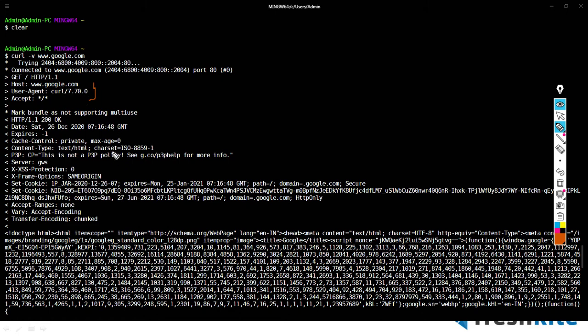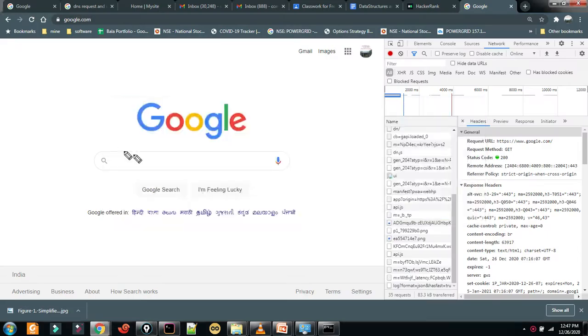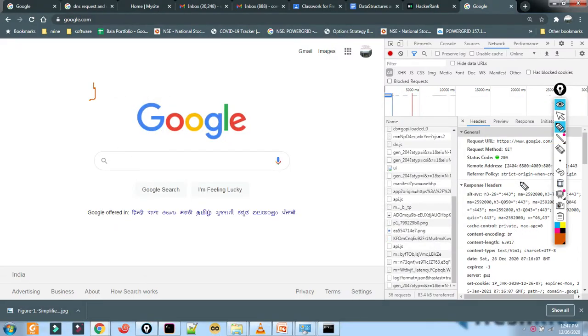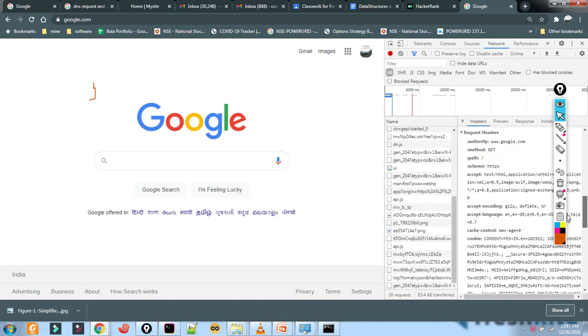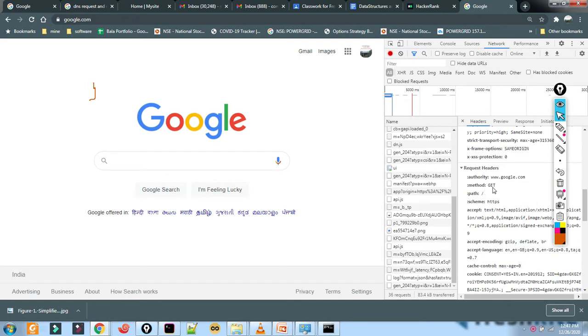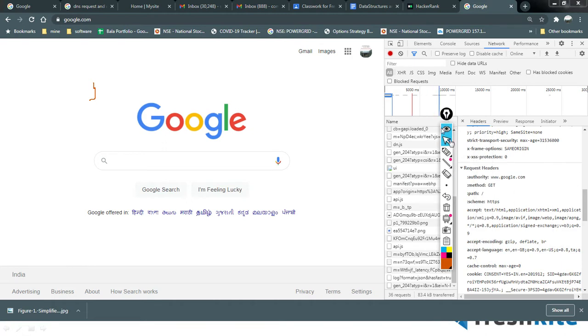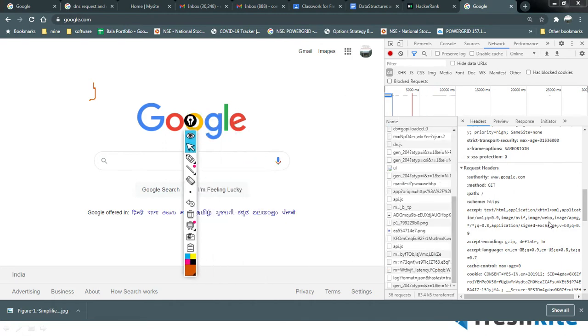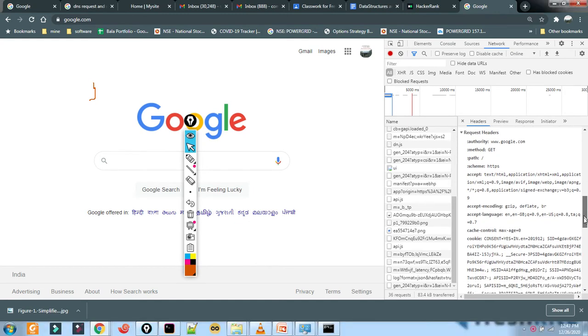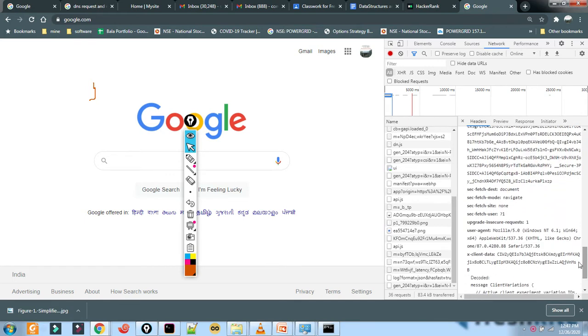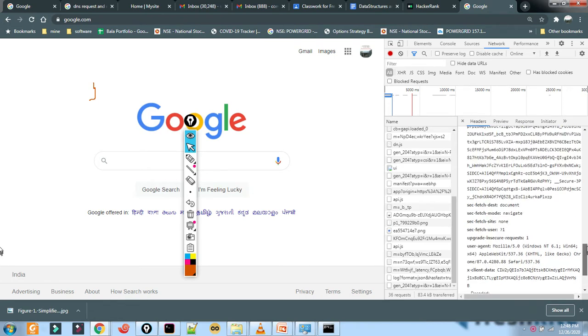Now when you go and try and see in the browser, let's see what is there in the browser. See, in the request header, the method is GET, path is /. You accept anything; these are the things the browser accepts. And then in the request header, see, the user agent is your Chrome. The Chrome is there. This is the user agent. So this is how the data goes.